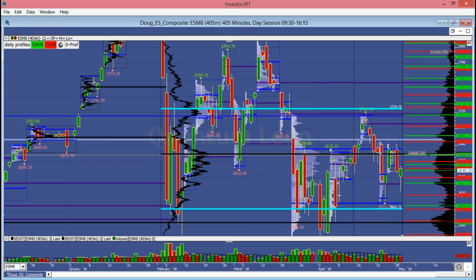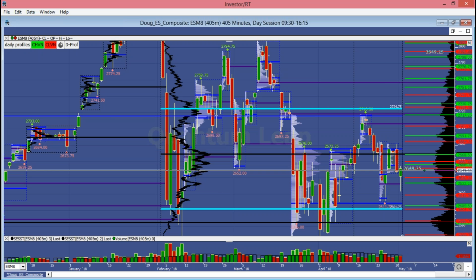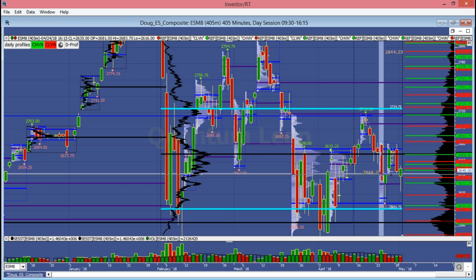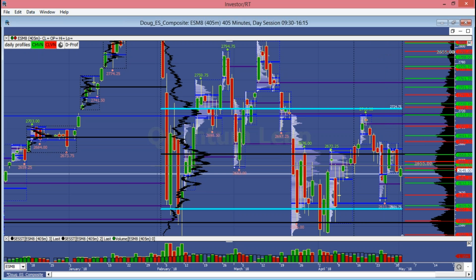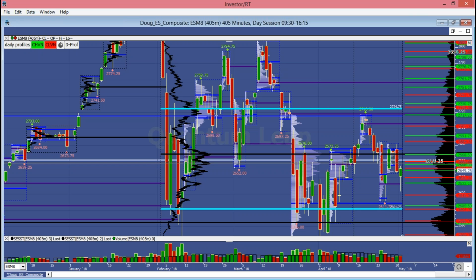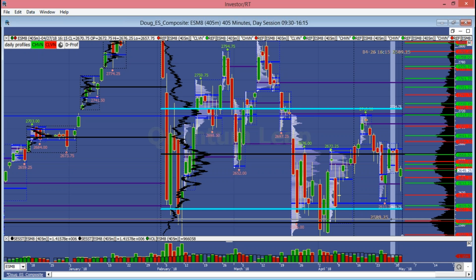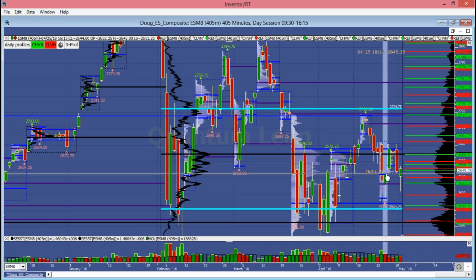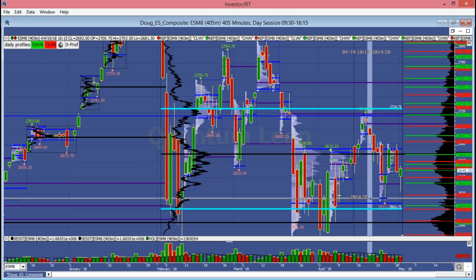You can see that we have undetermined fair value right now in this area. It's pretty blunt between the 40 and a quarter and the 84 and a quarter. What we need to determine is, in the smaller time frame that we're in, where are we in terms of most accepted price? And when we don't have it, what happens is you end up with this chop, back and forth as they explore and try to find the most accepted price.